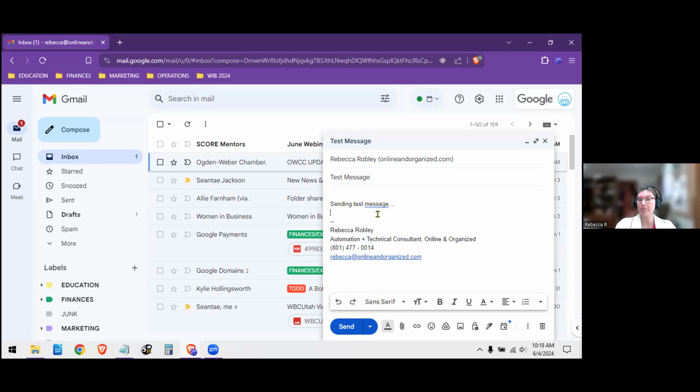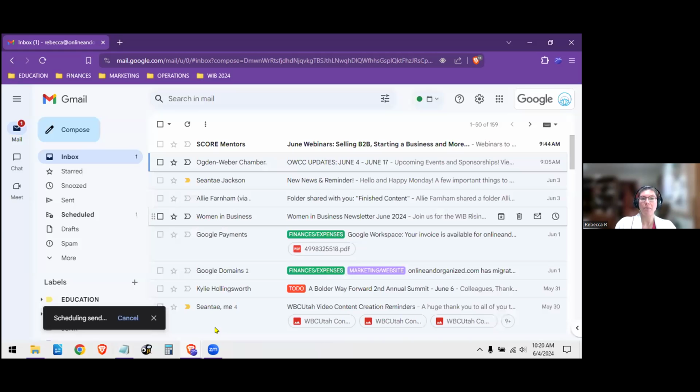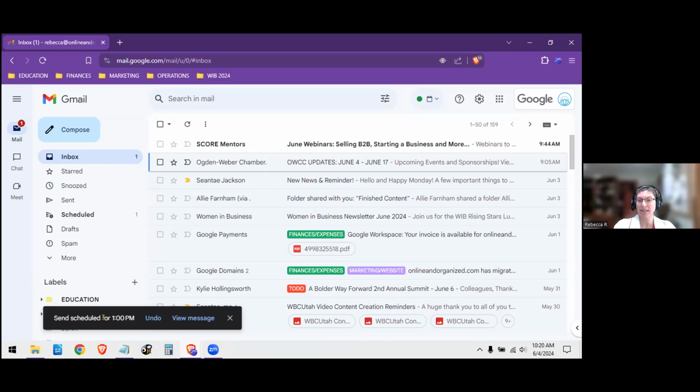You would just type your email message as normal, and then instead of clicking this send button here, there's a little drop down here to the right, more send options. And when you click on that, you can schedule send. So let's say I want to schedule it to send tomorrow morning, or let's say this afternoon. We'll do that. Basically, it goes ahead and puts it in the outbox,